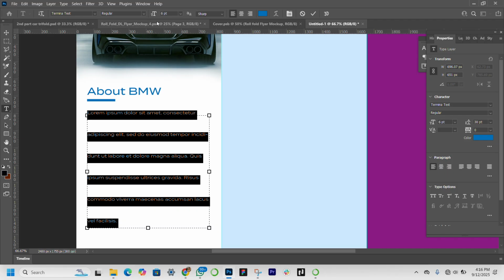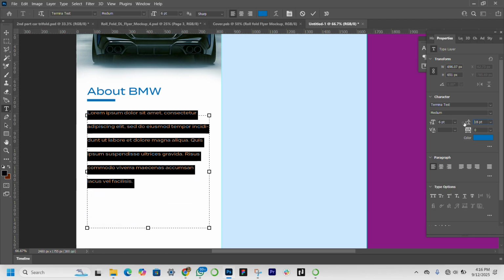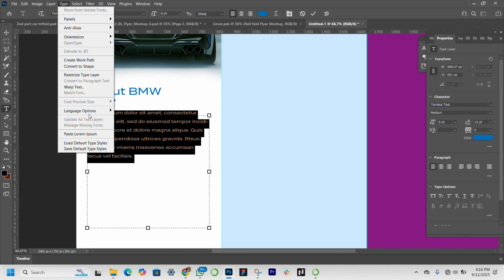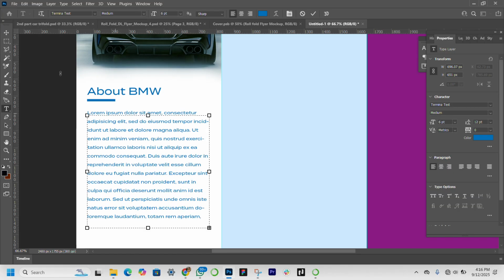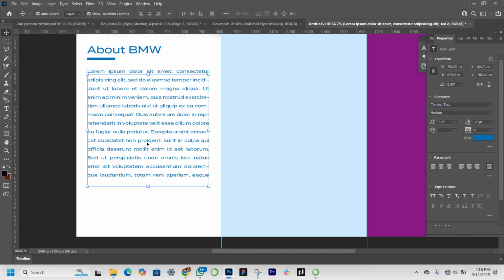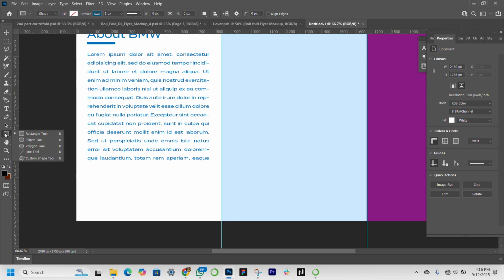Okay, medium is okay, so I'll just leave it at medium. Then I'll reduce the spacing in between here. Okay, we have something like this. Then I'm just going to paste more text. Okay, so this is what we have. I just want to click here to arrange it this way, and then we have something like this. Okay, so I just take this up a bit,